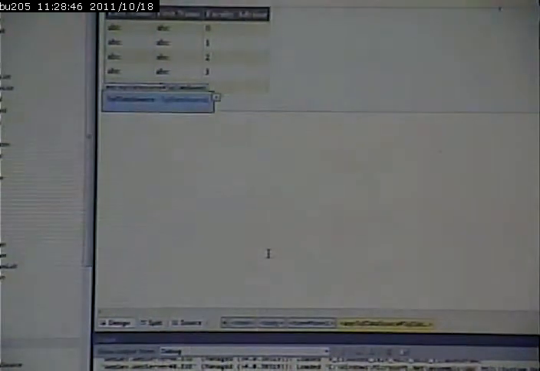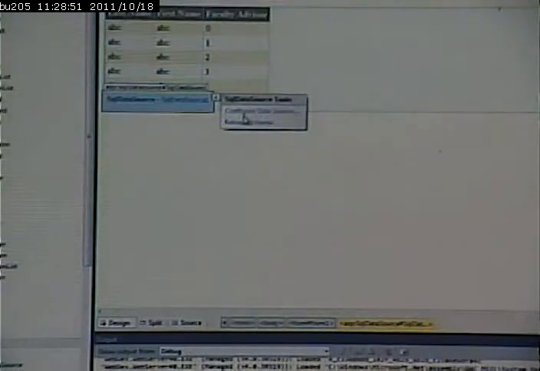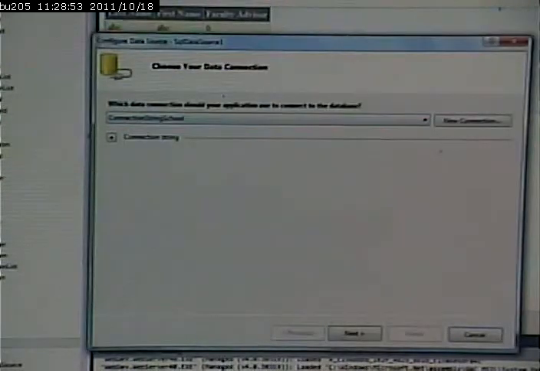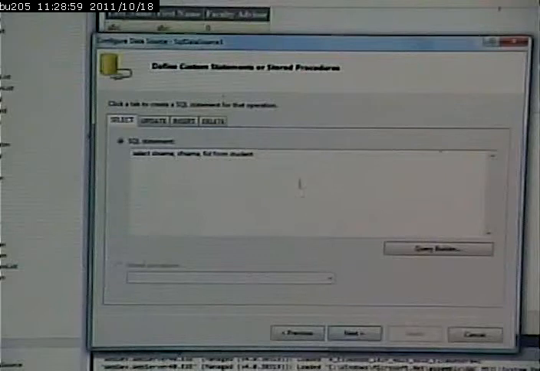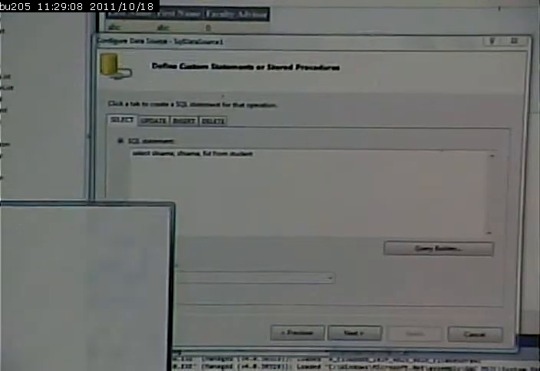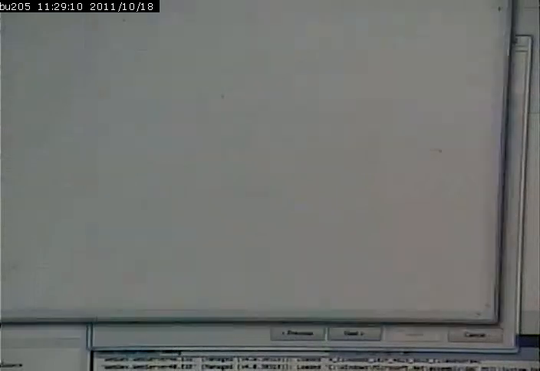And I'm going to edit the data source. All right? Configure the data source. Don't want to change the connection string. I do want to change the select statement. So, I'm going to go, here's where I'll go in the notepad, so that you can see the select statement I type in, then I'll paste it into